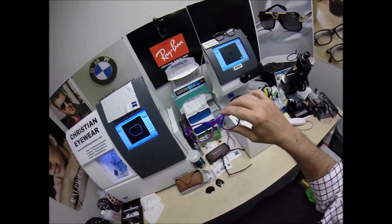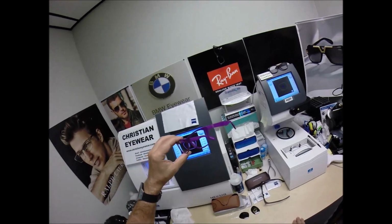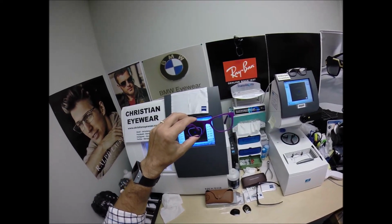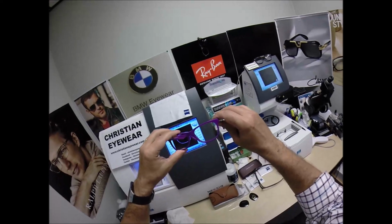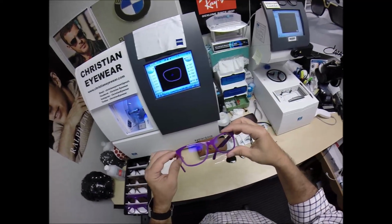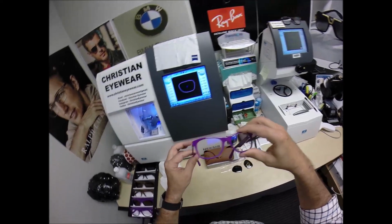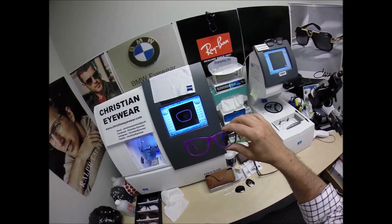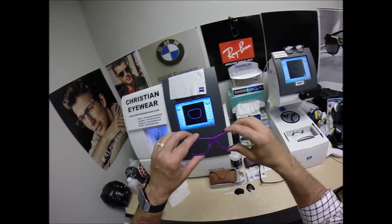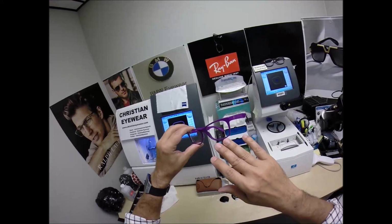Now the blue light protection, again, these frames sell for $149 complete with non-prescription or clear single vision prescription lenses. The Zeiss DuraVision Chrome Antiglare is $69. DuraVision Silver, which has a bluish silver hue, is $79. The DuraVision Blue Protect, which has a purplish hue, which quite honestly matches the purple of this frame, it's purple because it works in the ultraviolet spectrum, is $99.99, as well as the DuraVision Platinum, which has a bluish hue to the lens. It's known as the Reflex. That too is $99.99. So this frame with the $149 and the Blue Protect is now